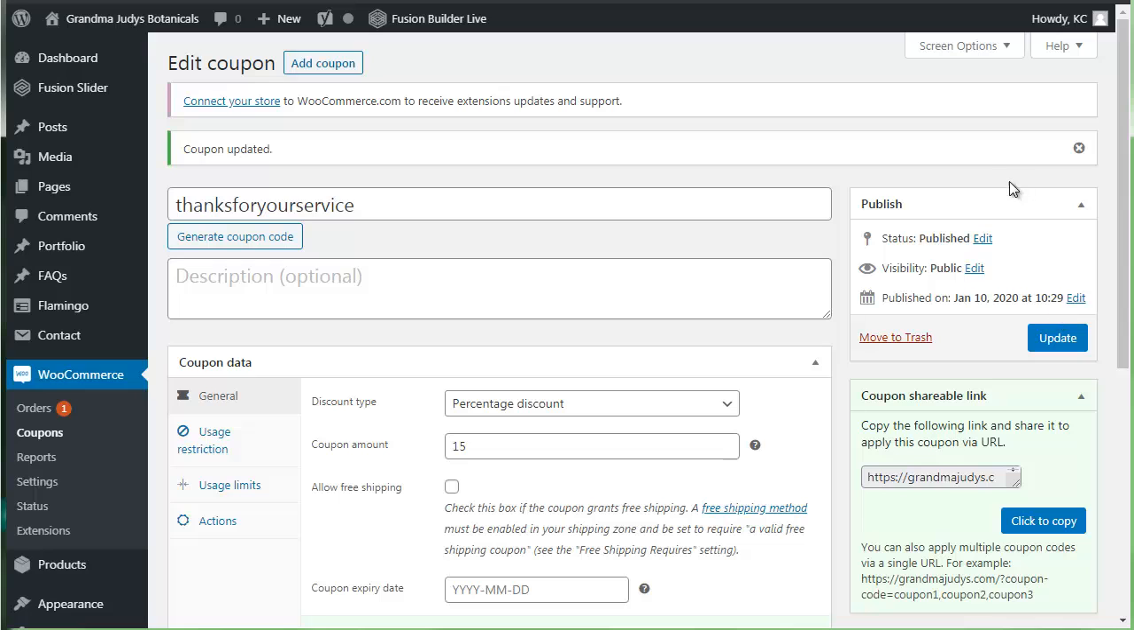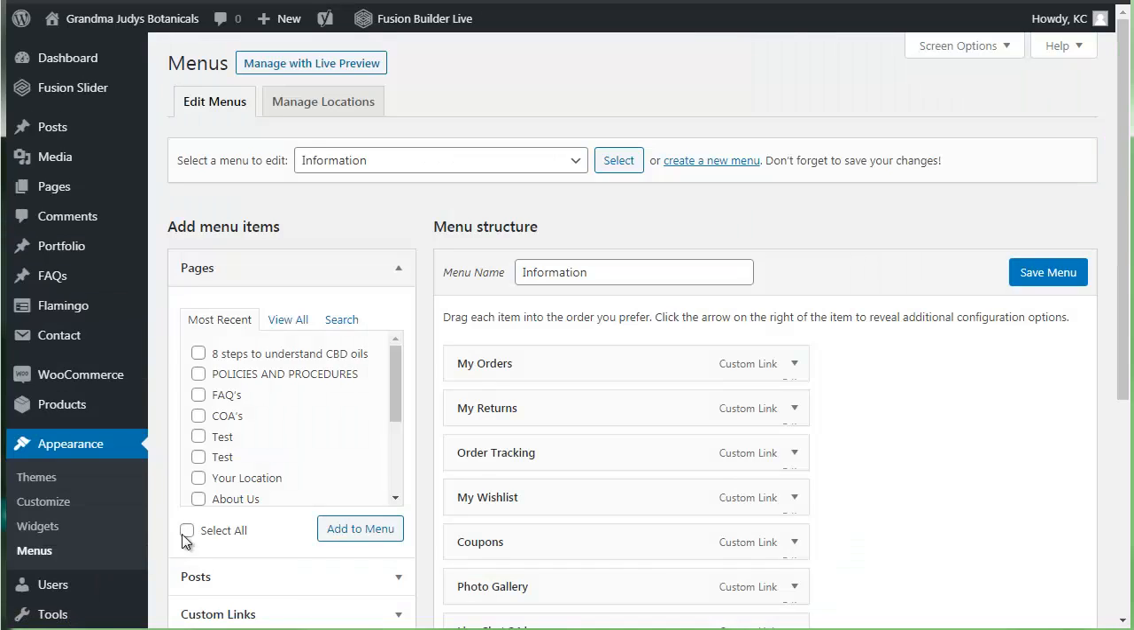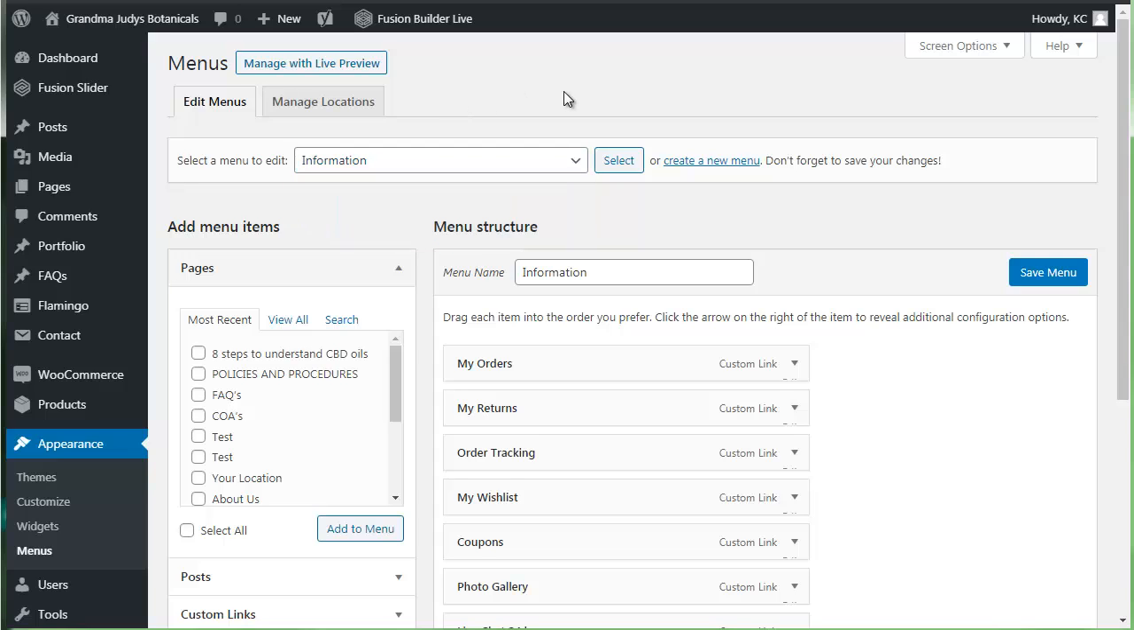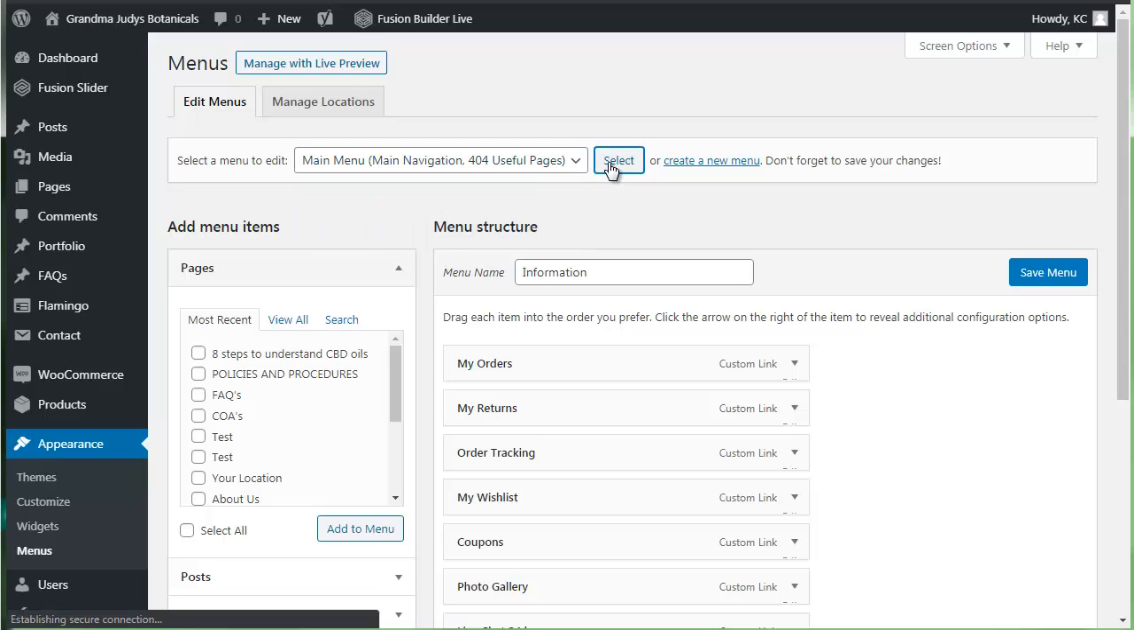Now, I know that you mentioned hooking up the menu a couple times. So you'll see here that if you go to Appearance and then Menus, then you'll see the different menus. There's different menus here. You've got the main menu, information, the company, top secondary menu. So be careful what you do with this, because it changes things. If we go to the main menu and select it,